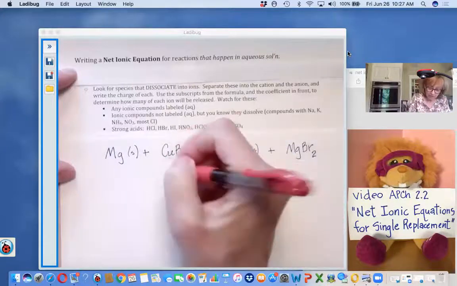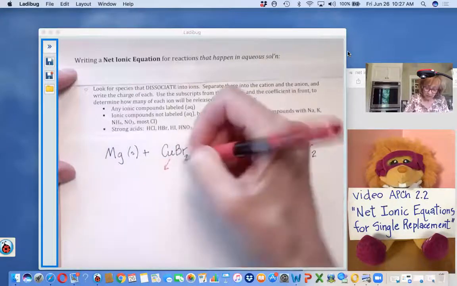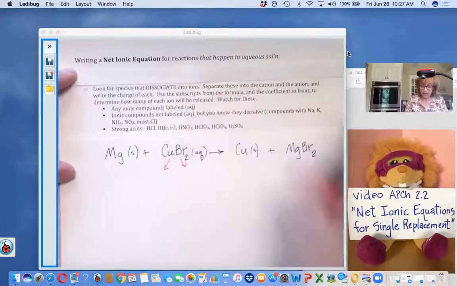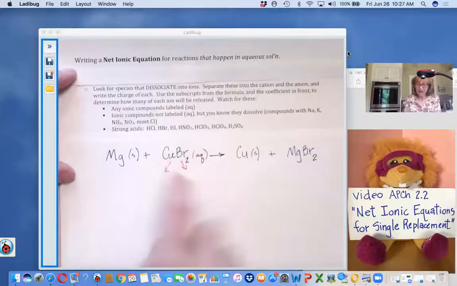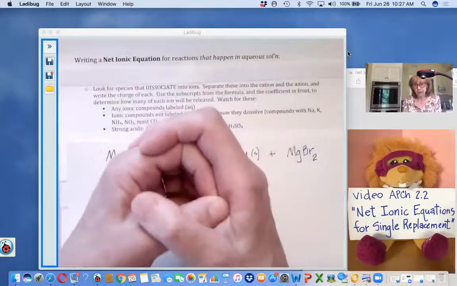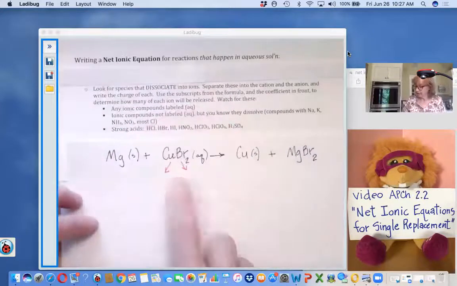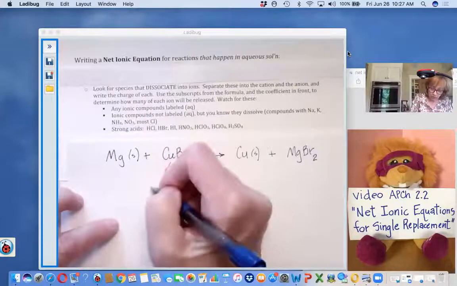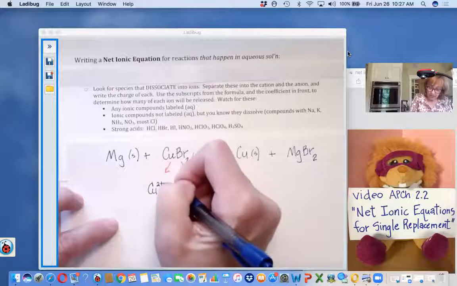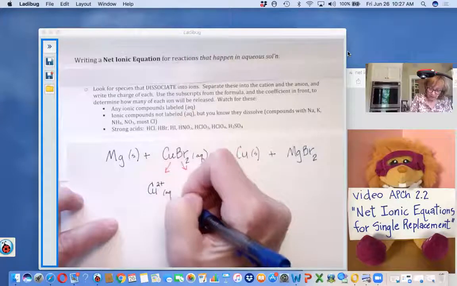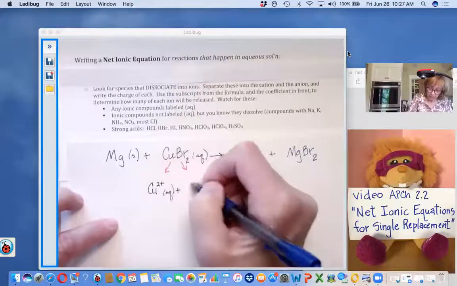I know that means that in this aqueous environment, this is not going to exist as formula units, but instead it's going to be separated into copper cations and bromide